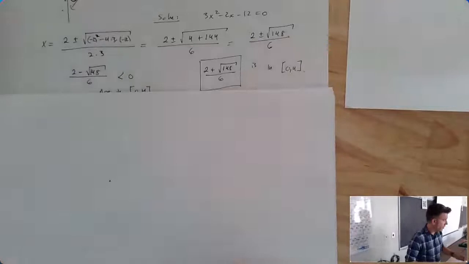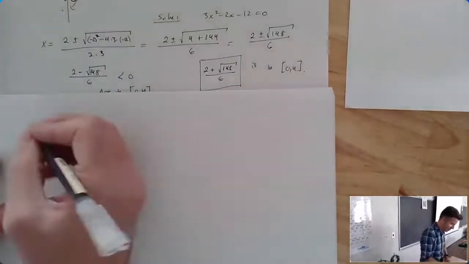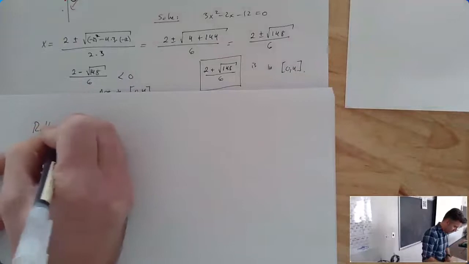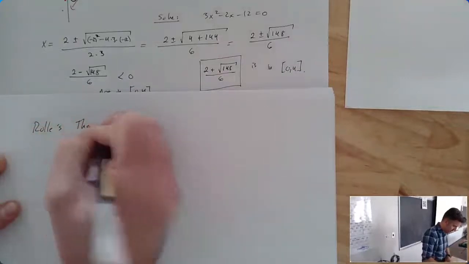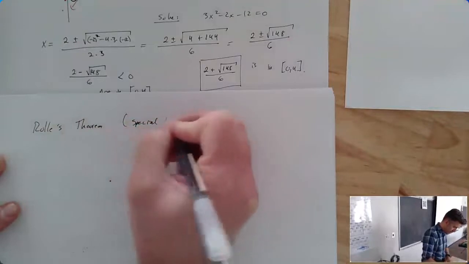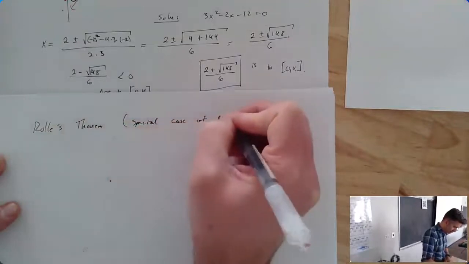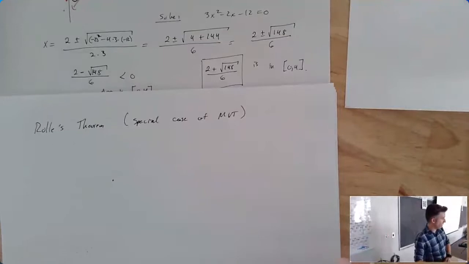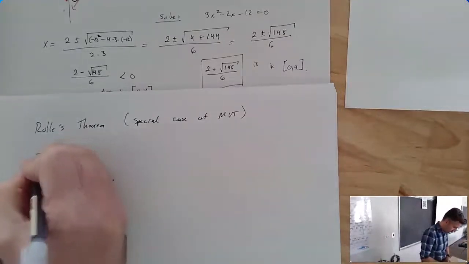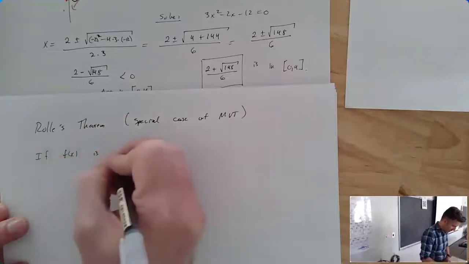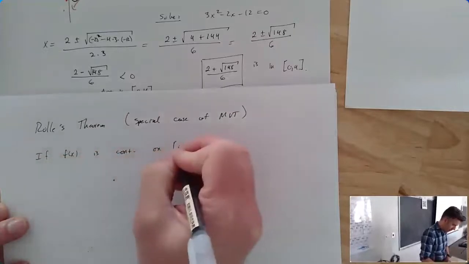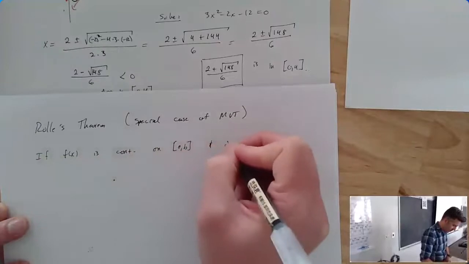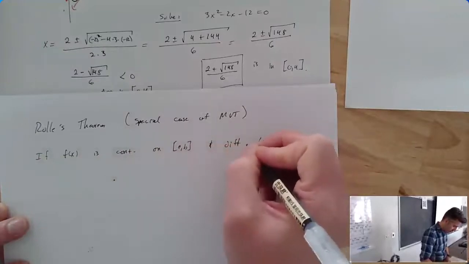So, two things we need. First, Rolle's theorem, which is just a special case of the mean value theorem. Rolle's theorem is a special case of the mean value theorem. It's the case where the endpoints happen to have the same value. So Rolle's theorem just says the same stuff as the mean value theorem. It says if your function is continuous on the closed interval and differentiable on the open interval,